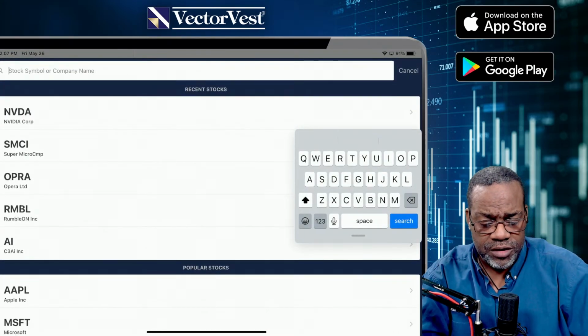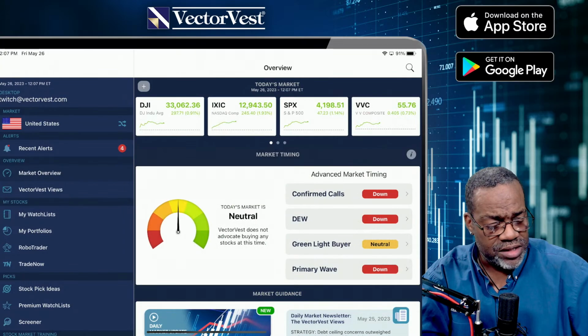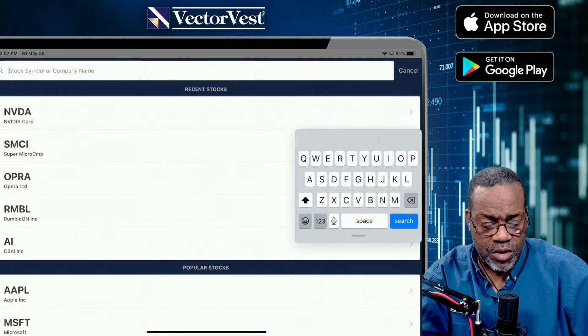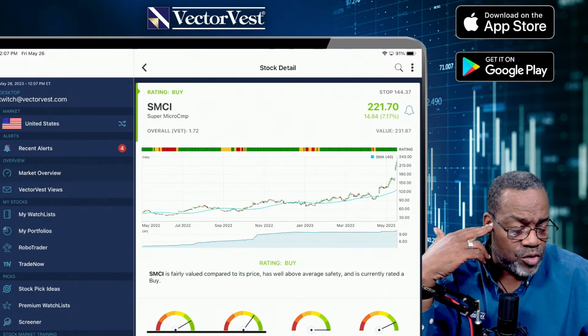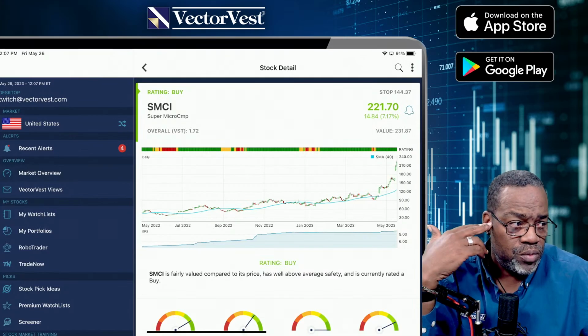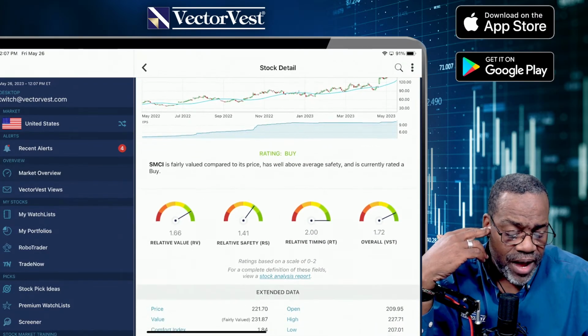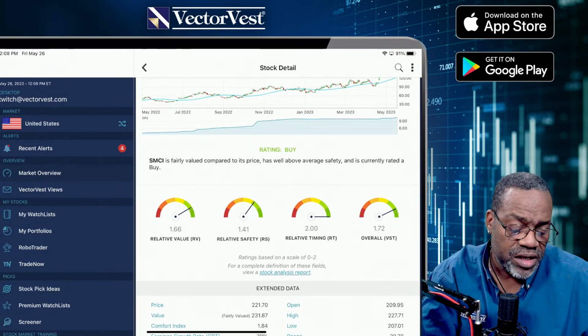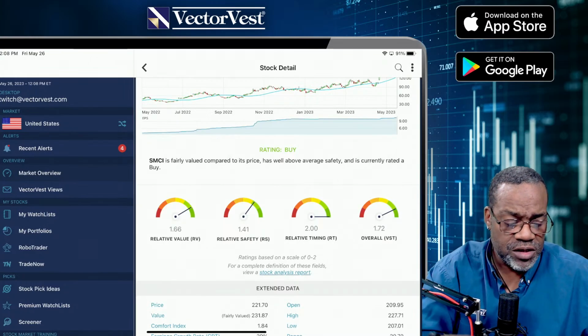If I go back and look at NVIDIA, that was NVIDIA. Let's go back and look at SMCI again. Hit the question mark, hit the SMCI. I love the move on that too. But most recently, short term, look at those two big bars to the upside. But what I really like about it is the relative value is nicely above the value of 1. All right, so Epic, I got you as far as Tesla.